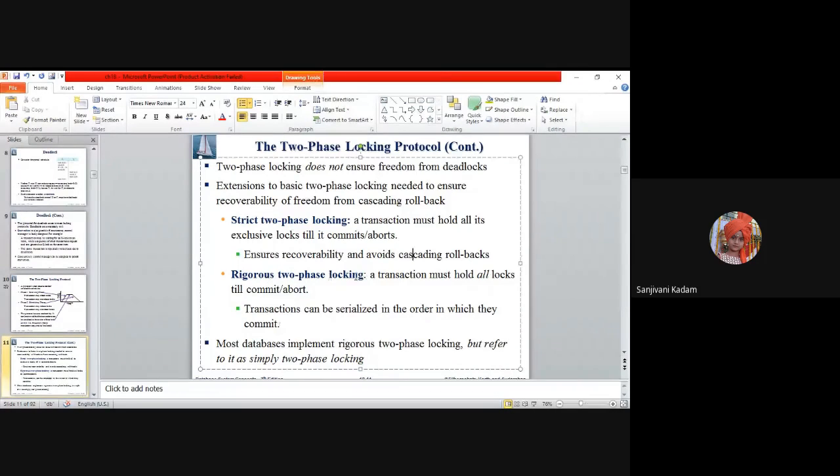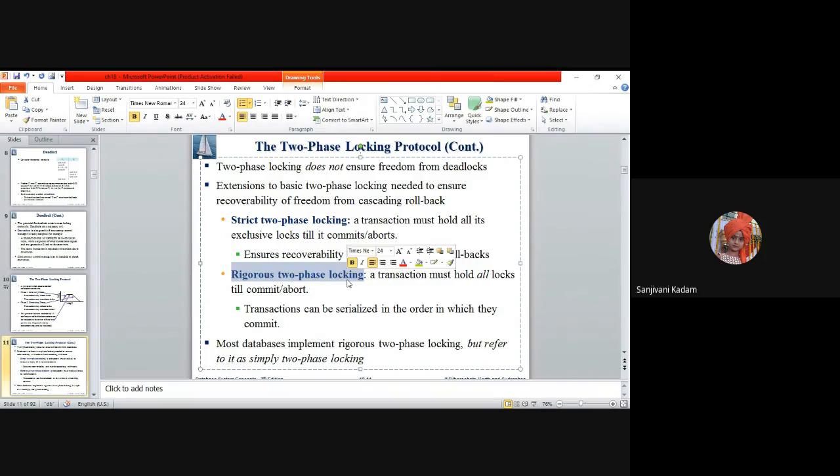This ensures serializability, and cascading rollbacks are avoided as in strict two-phase locking. Rigorous is more strict than strict two-phase locking, and this holds all the locks including shared mode. But because of this, rigorous two-phase locking achieves less concurrency.